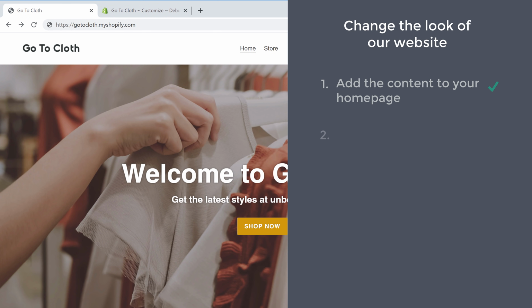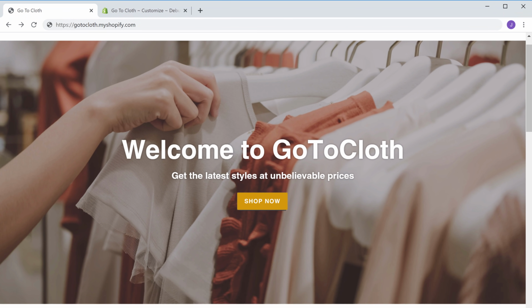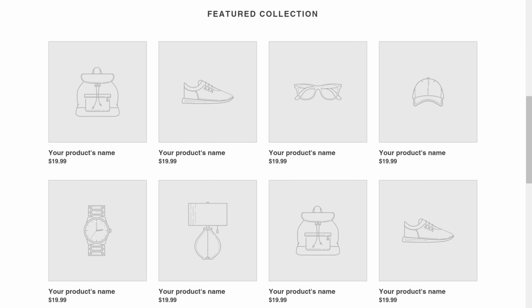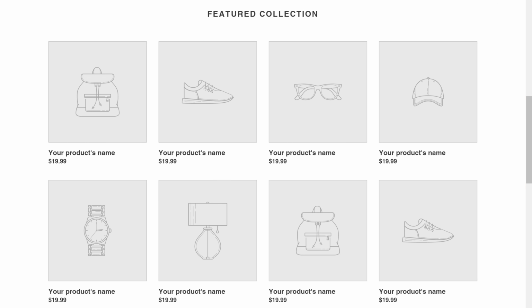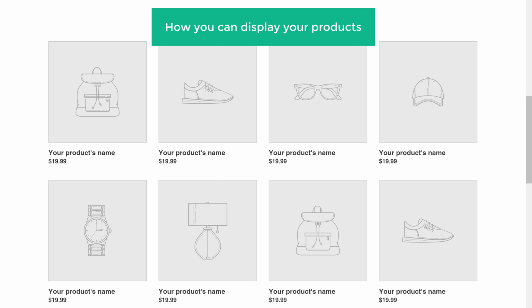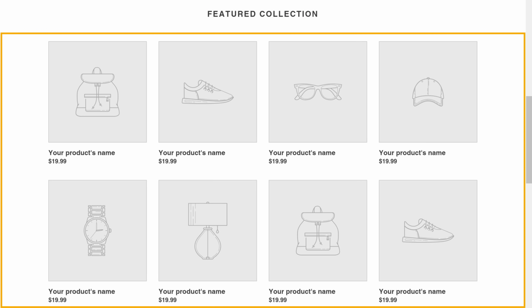Once you have added the content, we can go to step 2, where we see how you can add products to your homepage like this. Now if we scroll down our homepage, we can see that we don't have any product here. So next, let's see how you can display your products in this area of your homepage. Now, to add our products here,